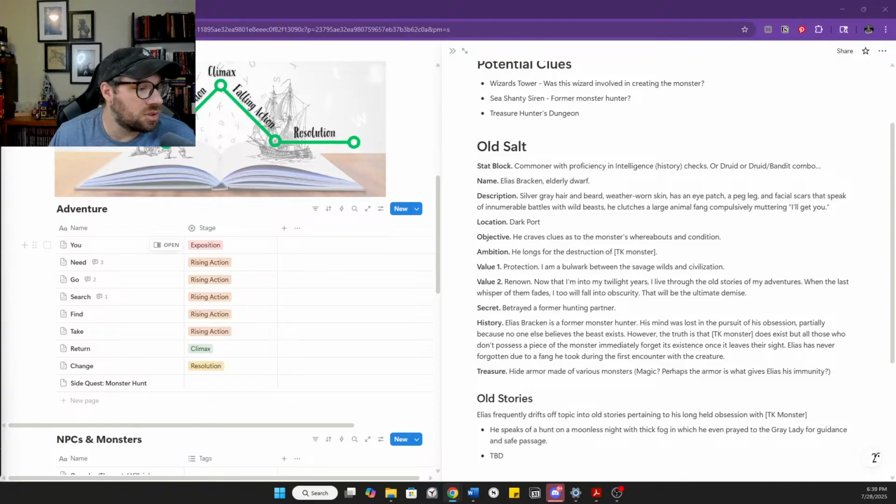Sources, source books, Monster Manual, and then parts of a stat block, all the way down to challenge ratings. And yeah, so we're looking at a challenge rating of a CR 1 kind of stat block for this.